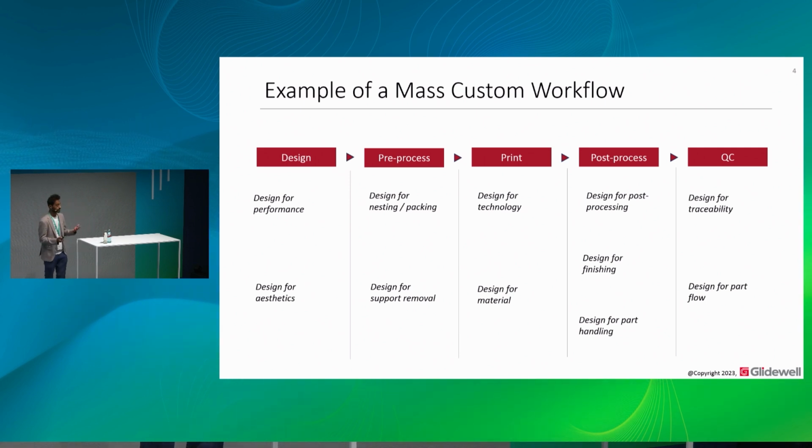The next is a vapor smoothing step. So let's say you're vapor smoothing TPU, and there's a few vapor smoothing machines at the show here. For the most part, you're going to be hanging them on some kind of rack, and really if you have a solid bike grip, then you're going to have to drill a hole through that, or just figure out some way to get that into the machine. So what if we had a small, tiny eyelet or a fish hook placeholder at the end of the grip, and that allows you to actually hang it within the vapor smoothing machine,